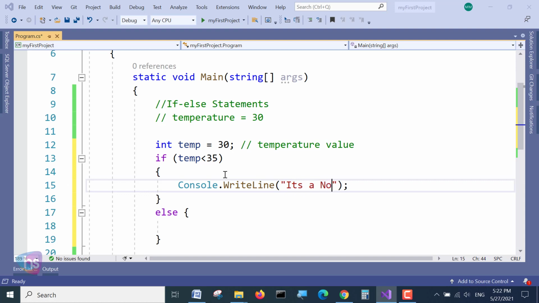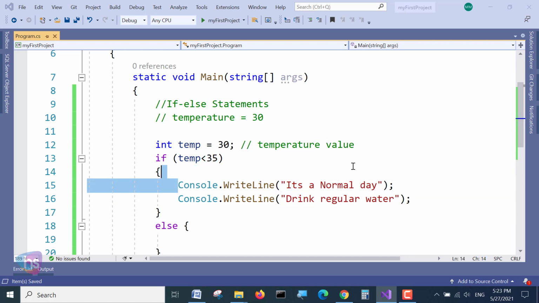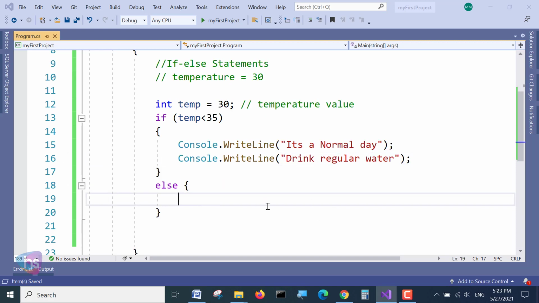Say, it's a normal day. And we can say, drink regular water. If this condition is true, less than 35 means it's a normal day, it will print that, and based on the temperature value it passes the information to drink regular water only. Else, I'm saying console dot write line,